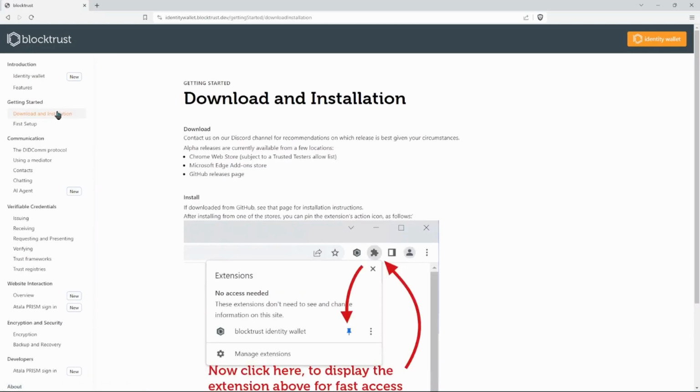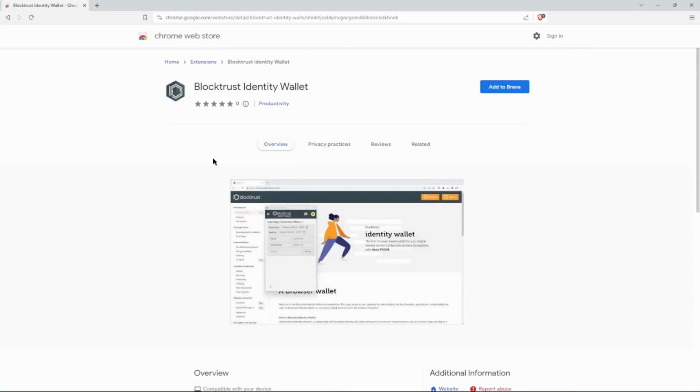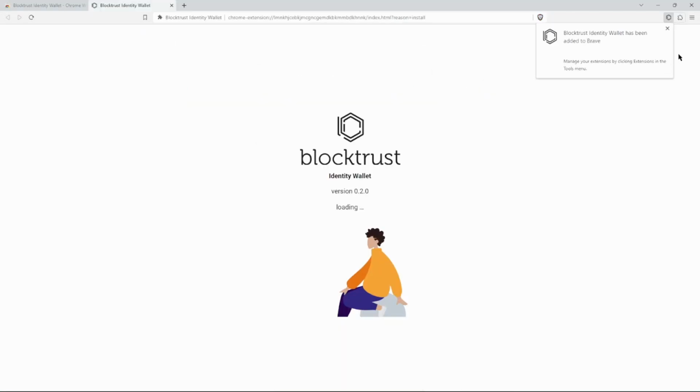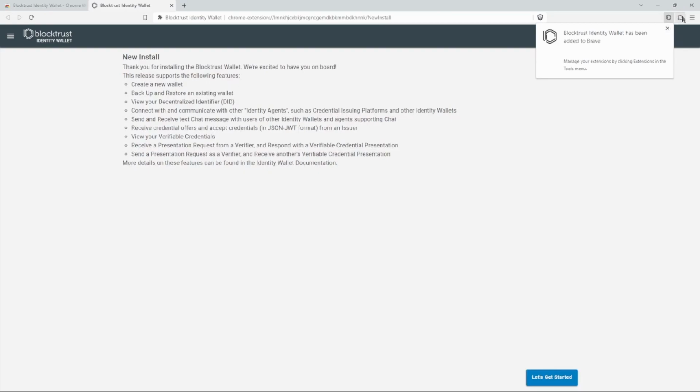In the download and install instructions, you'll find a link to our listing in the Chrome Web Store. Here I'll click on Add to Brave, and it will quickly download and install in my browser. I'm going to pin the extension in the action icon list for easy access. And I'll get started with the new install,